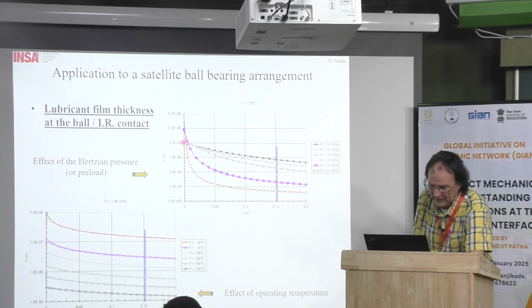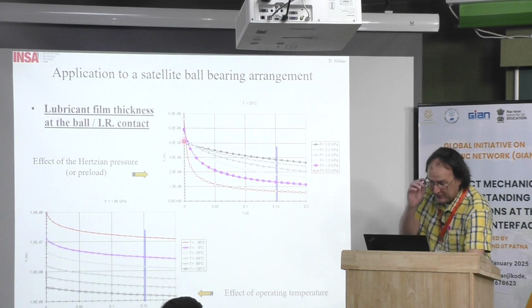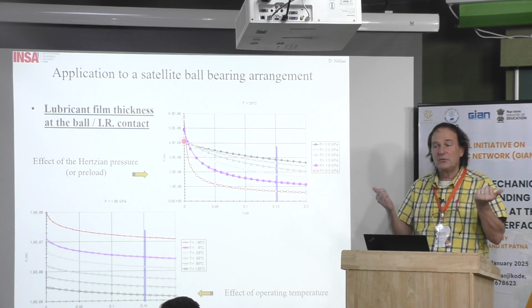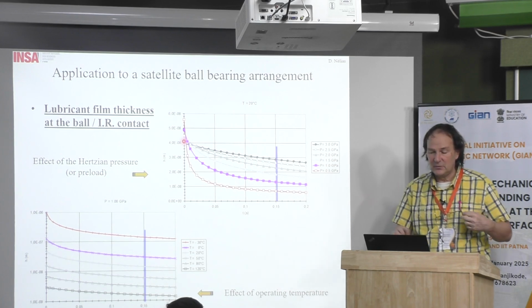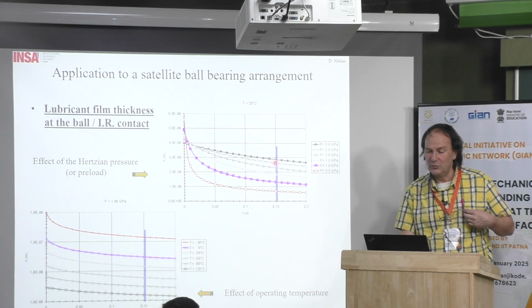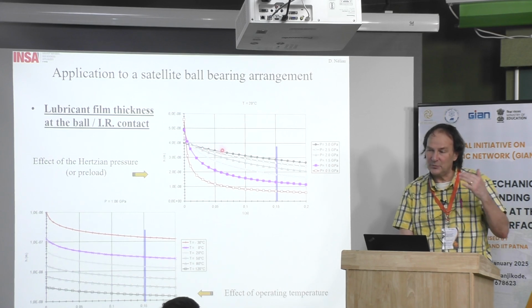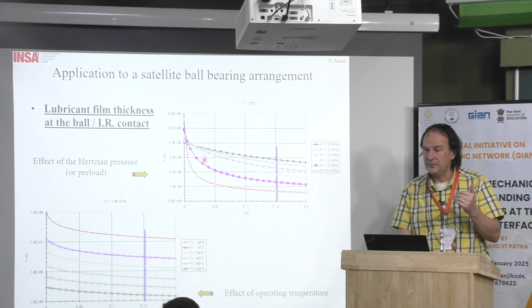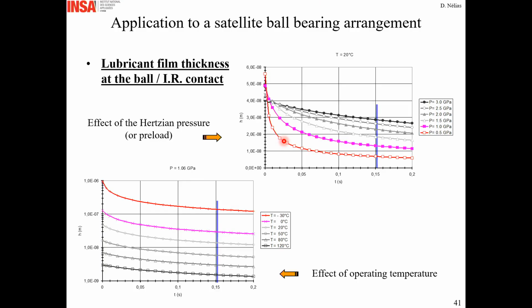Okay. And when you decrease the contact pressure, the film thickness will increase, which follows the theory. There is no problem. The fact is that at the beginning the film thickness is smaller, which is normal, but because the viscosity is higher, it is more difficult for the lubricant to flow away from the contact. This is why it takes a long time to move away, and then very quickly the film thickness is higher at high contact pressure than for low contact pressure. So that equation is valid for these starting points only.